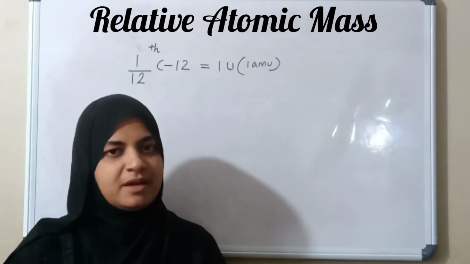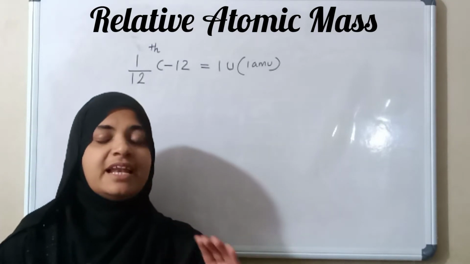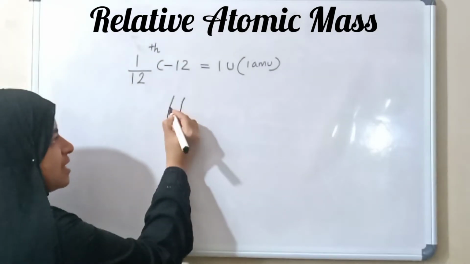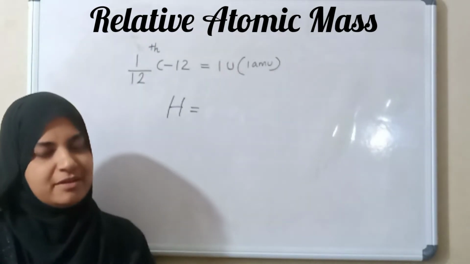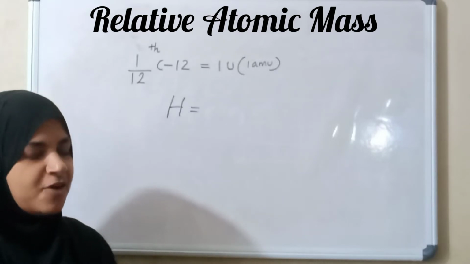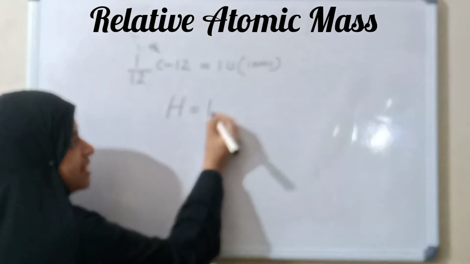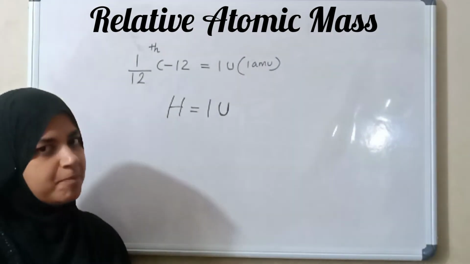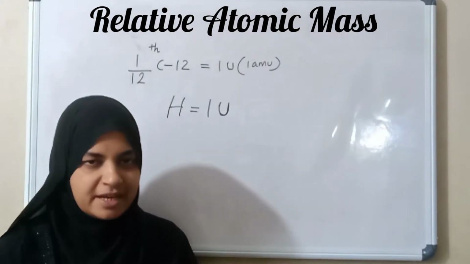Then, for example, we can find the hydrogen's atomic mass. That is, hydrogen's relative atomic mass. That is, hydrogen's atomic mass when compared to 1/12th of carbon 12. It is equal to 1/12th of carbon 12, that is, one part of carbon 12. Therefore, hydrogen's relative atomic mass is 1 U. That is 1/12th times of carbon 12. Okay. Then another example,